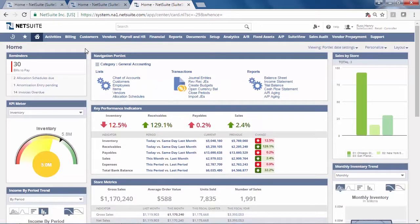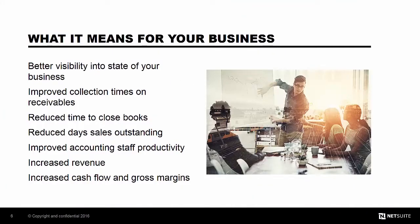With NetSuite's configurable dashboards and reports, as well as immediate access to job functions and real-time data, NetSuite can help your finance and accounting personnel work more efficiently than ever before. As you've seen in this demonstration, NetSuite's financial and accounting solution can give you better visibility into the state of your business in real time. NetSuite's automated processes and exception-based workflows can drive efficiencies throughout your organization. From the collection of receivables to month-end close, your employees can be more productive and even help your company achieve